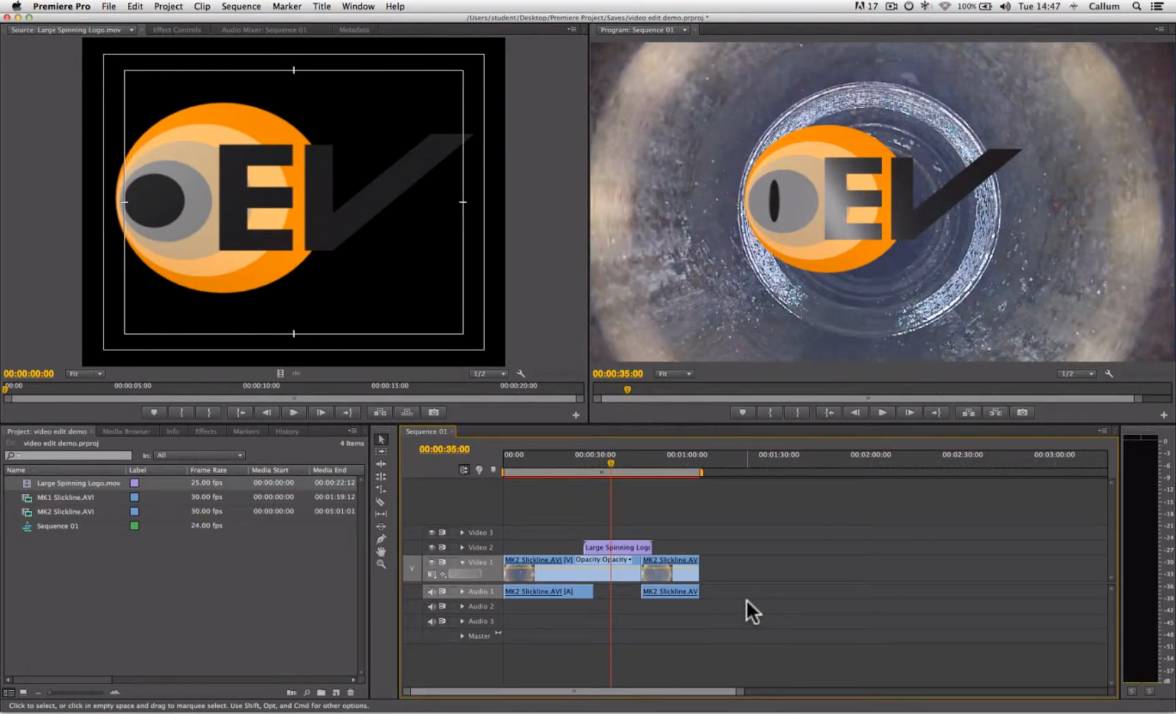Now all of our clips have a certain set of attributes that we're able to adjust. These are things such as its position on the canvas, that is, its position on the screen, its scale, its opacity, and its rotation, amongst others. To access these attributes, simply click the clip on the timeline that you want to adjust, in this case, this